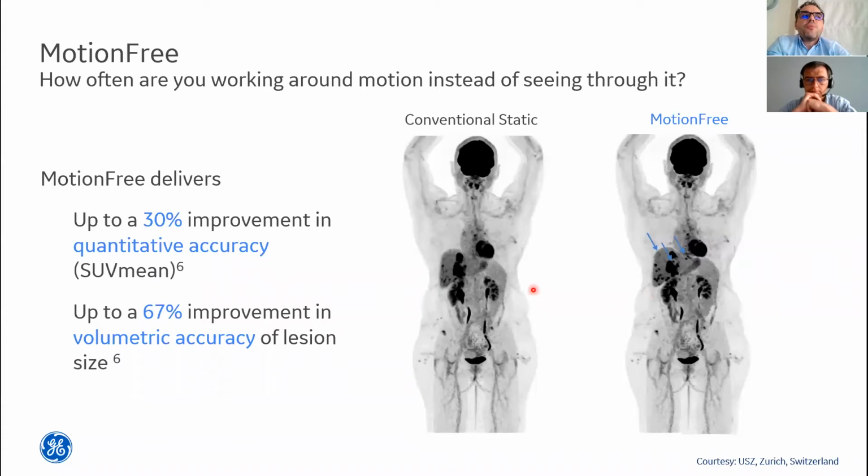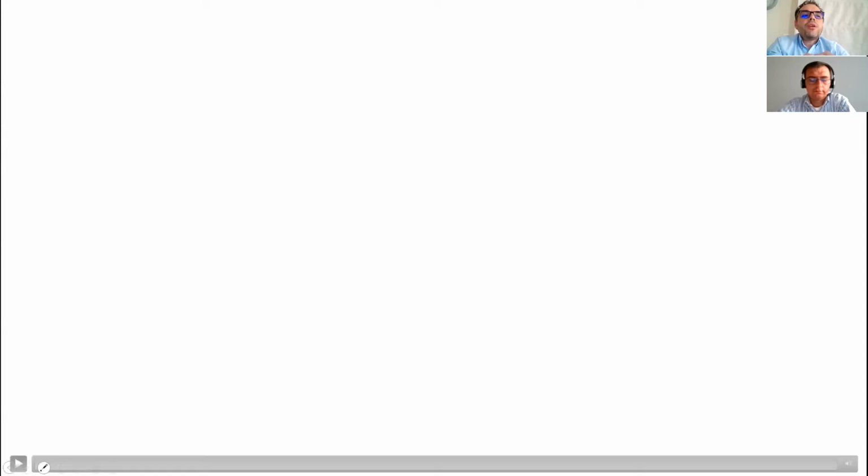Quantitation accuracy has also been reported to be better. Here you can see that, as it is stated in literature, there is up to 30% improvement in quantitative accuracy in SUV mean calculations, and also there is up to 67% improvement in volumetric accuracy of lesion size. So what are our weapons against